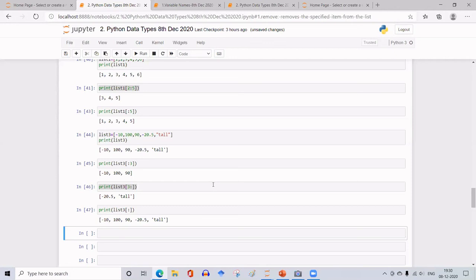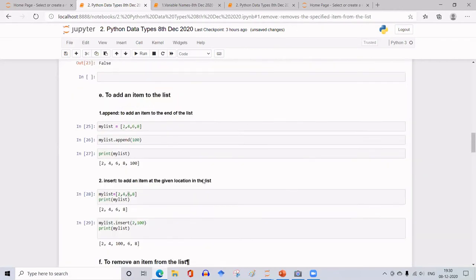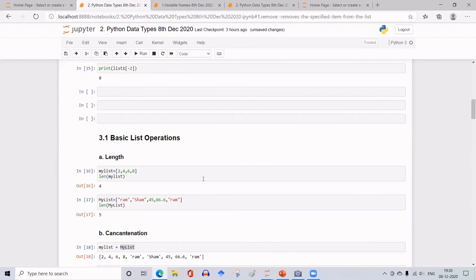The best way to learn a programming language is to type it yourself and then run the code. So practice whatever has been explained today and try to explore more out of it. If you limit yourself only to what is taught in the class, it will be of no use to you.